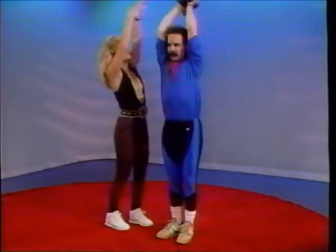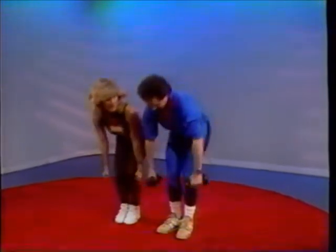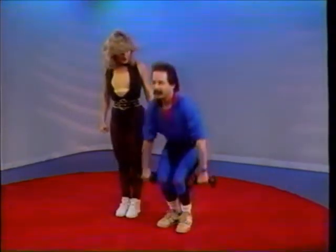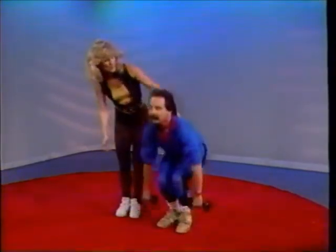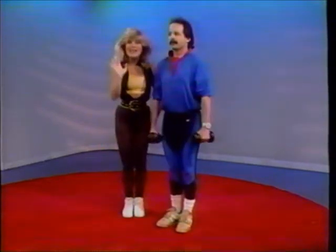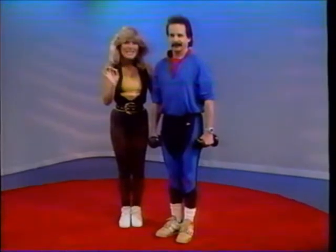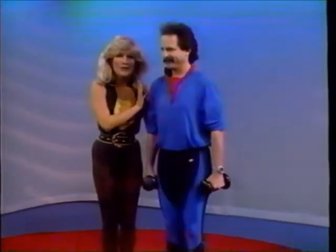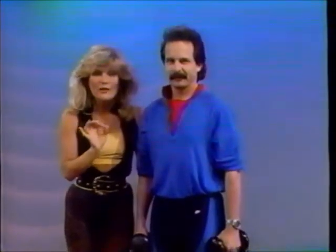Then bring the weights down, all the way down to the floor, and do a squat. Stand with it. Good. Good. Keep the chin up, abdomen in. Great, Jeff. Great. Now you can see that's it. You do about 10 of those, and it'll take about 15 minutes, and he's worked every area of his body. Now you can learn about this exercise by just getting some weights, think about what you want for your body,